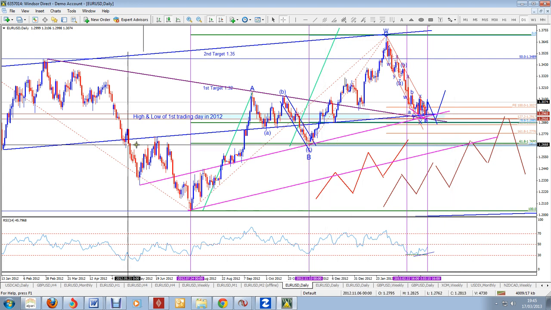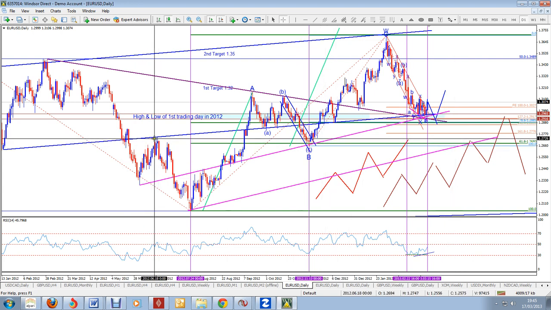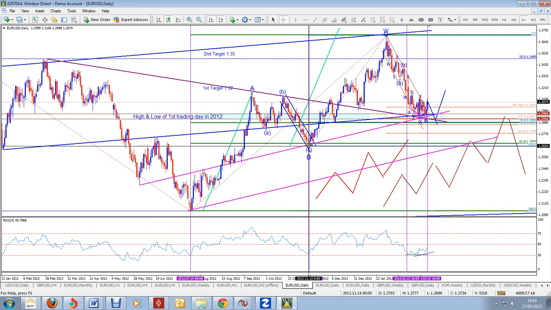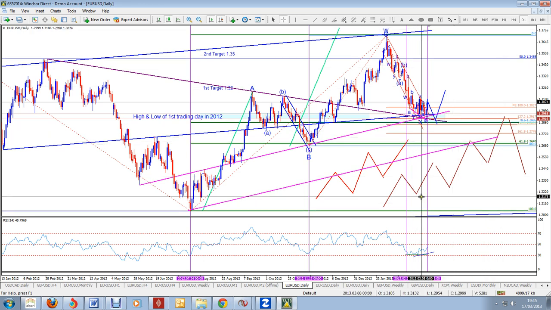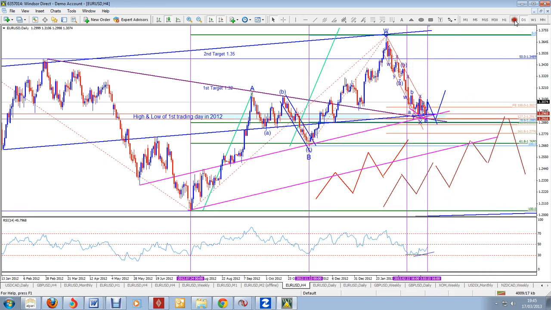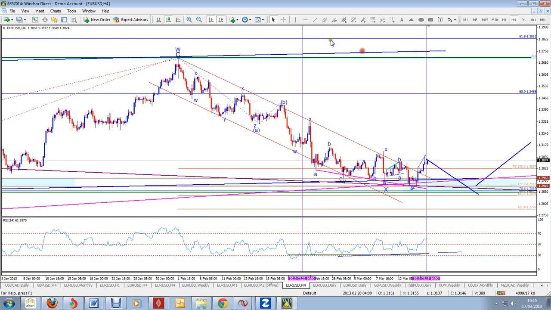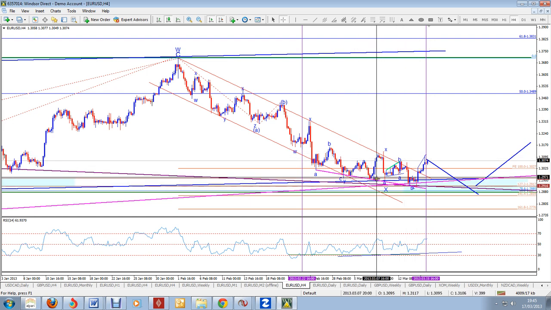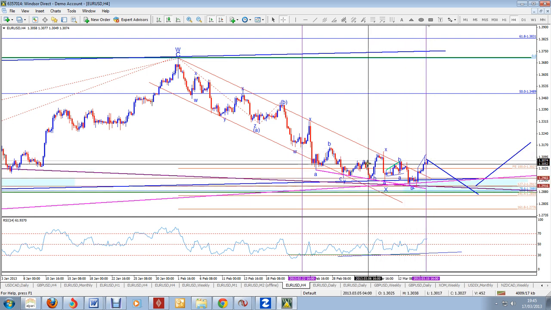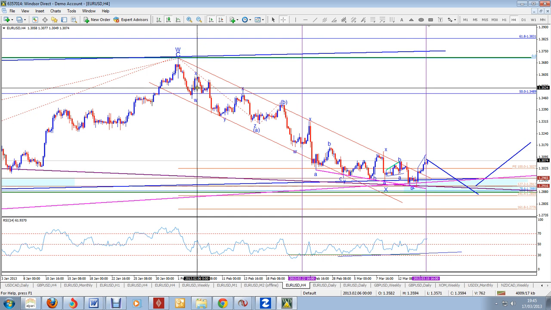Then of course structurally we've got a previous area of resistance, a recent area of support that could become a second support, a double bottom, and then the euro will blast off, I think. So looking at the euro in the shorter term, the high on Friday was a high in this current congested area, and I've put some of these waves in, but really we might even finish up with a major